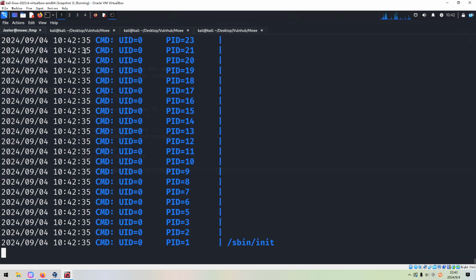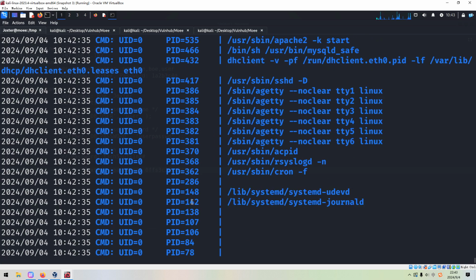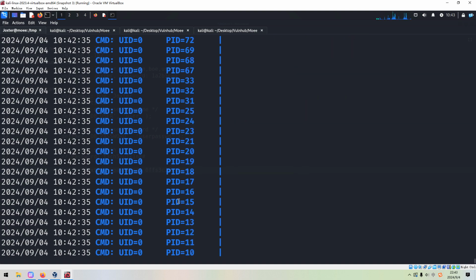So far we have already grabbed 2 flags. So the next flag would be the third one. UID equal to 0 means this process is owned by the root user. Okay, PID, I think you know what it means, right?